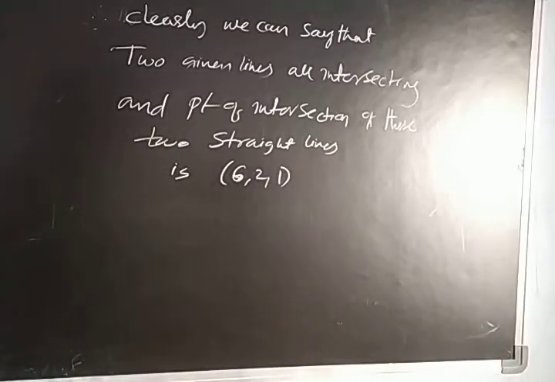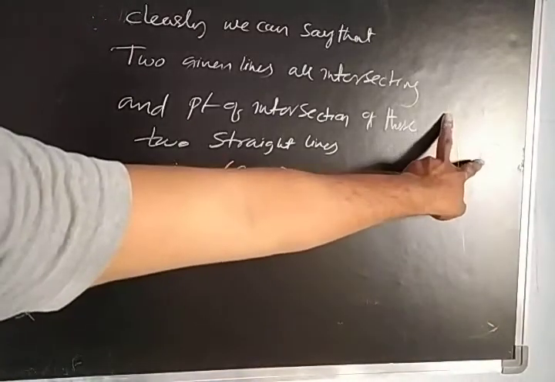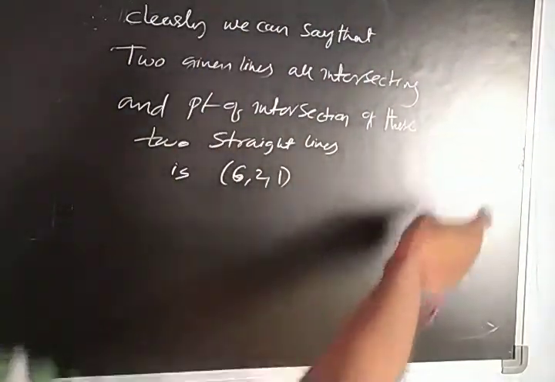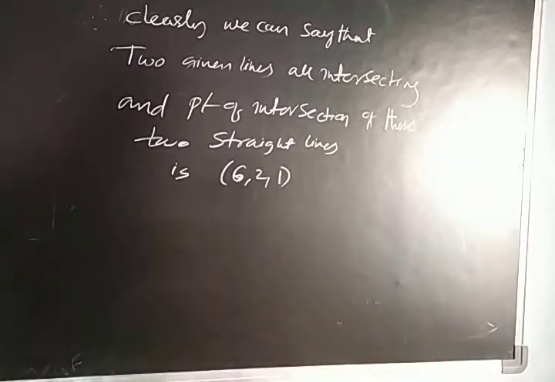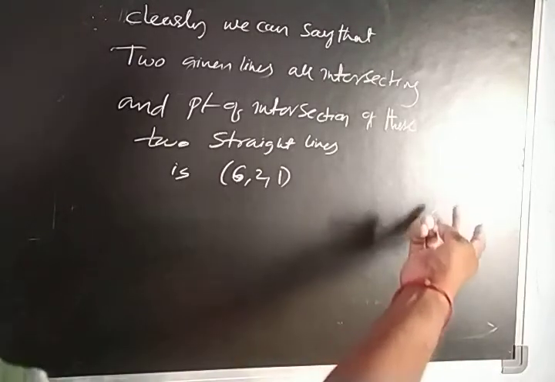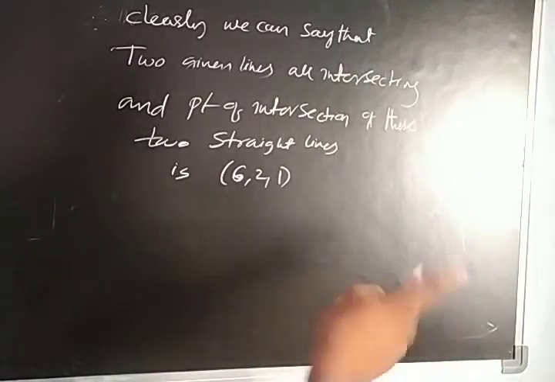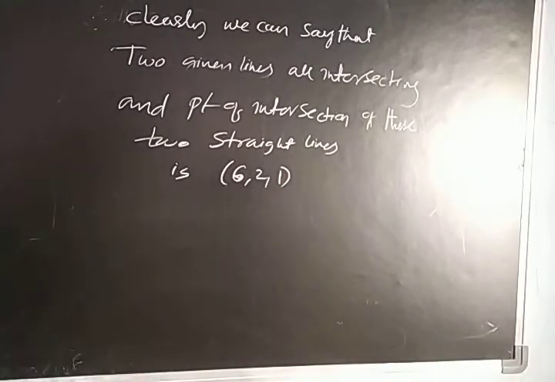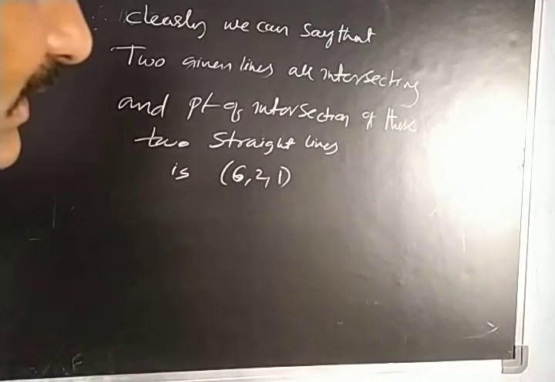Now this is the way to find the point of intersection if two lines are given. We can take any point on L1, any point on L2 and equate them. You will get t1, t2 values. Substitute t1, t2 in P, Q, and automatically you will get the same point. If the point is the same, we can say that they are intersecting lines.